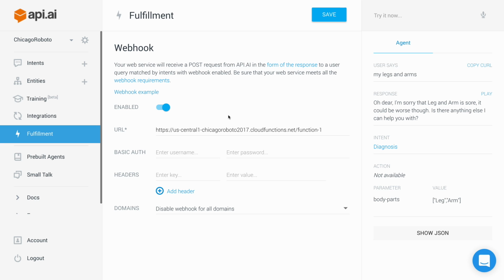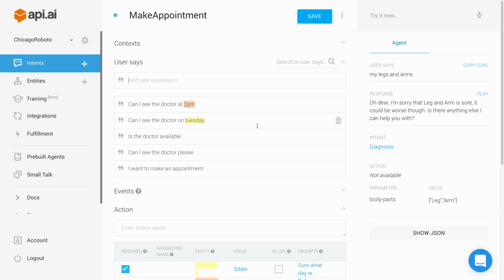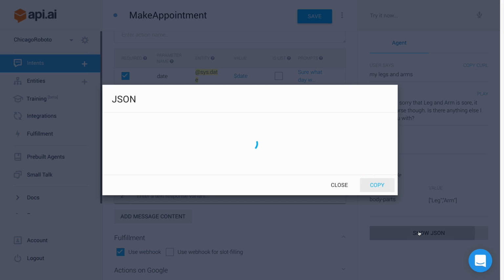So once you say, hey, these intents are going to be managed through a webhook, you don't have to do all of them through a webhook. Let's say make appointment is the one you're interested in. Fulfillment is down the bottom here, and you can now say use webhook. So rather than using our default text response that we've set up here, this is going to throw it to the webhook, and the webhook is now in charge of responding with the JSON payload and fulfilling that one. If we have a quick look at the JSON here,